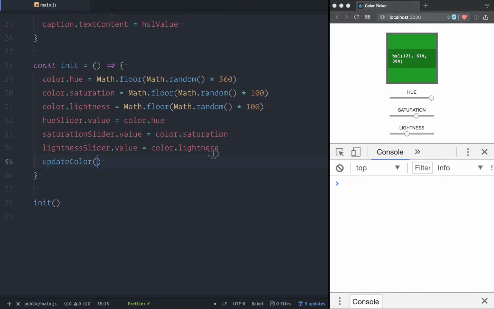So here's something interesting. You were saying there was an issue here, pointing out the slider. Yeah, so I noticed here that my value is 121, and on my slider I can only get up to 100. So let's randomize 251. My slider's just here on the right, and as soon as I move it again, I only go up to 100. So my slider needs to really be between 0 and 360, not 0 and 100, which is what it is by default. So I'm going to go back over into my HTML,